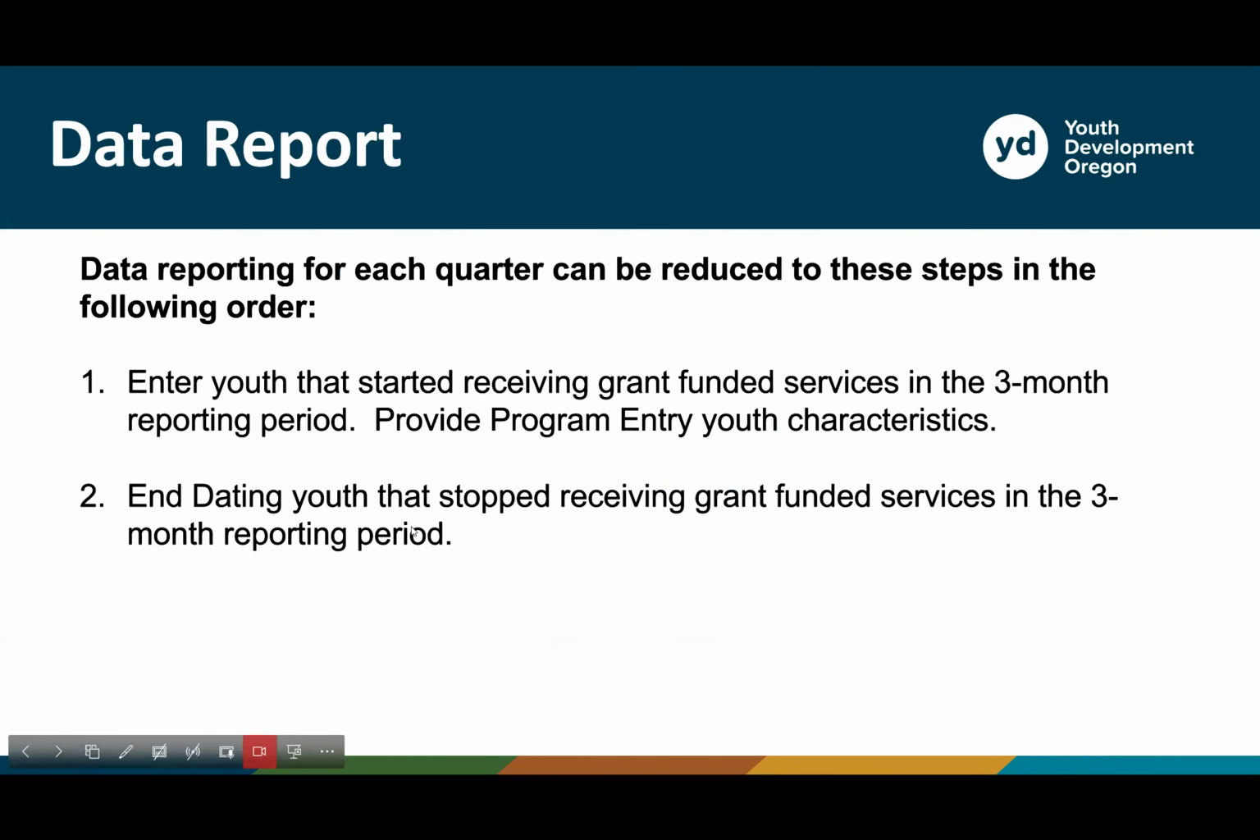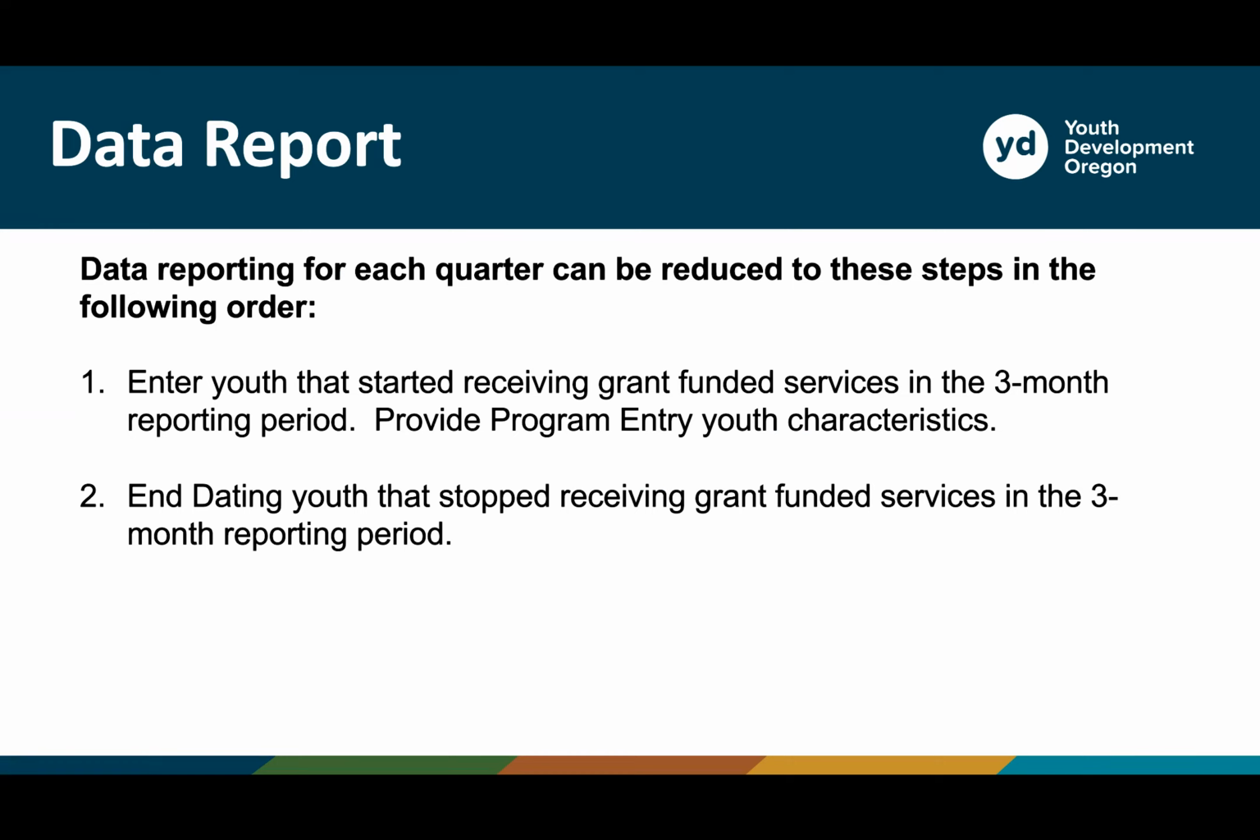The data report for each quarter can be reduced to the following steps in the following order. Each quarter, you will first enter all youth that started receiving grant-funded services in the 3-month reporting period, and for these youth, you'll provide the program entry youth characteristics. The second step is each quarter, you will end date any youth that stopped receiving grant-funded services in the 3-month